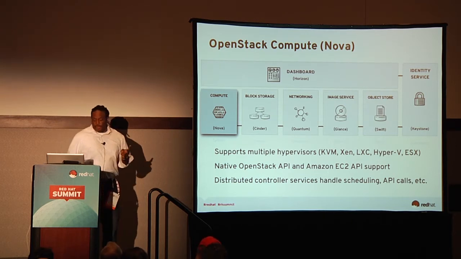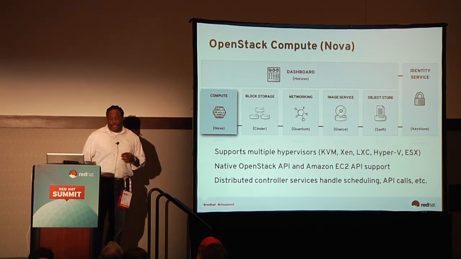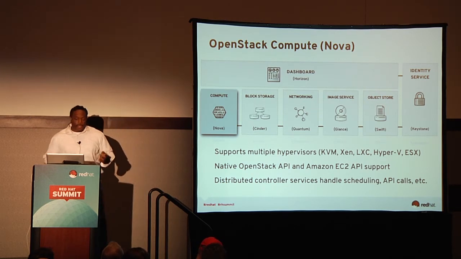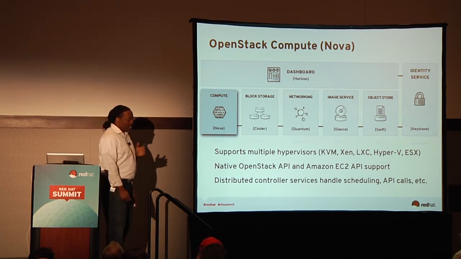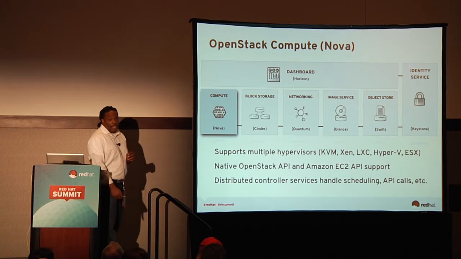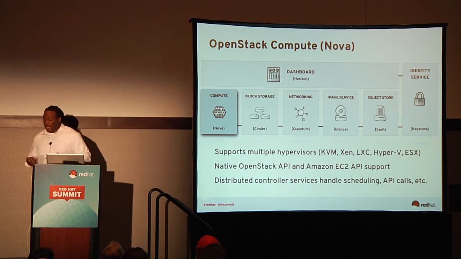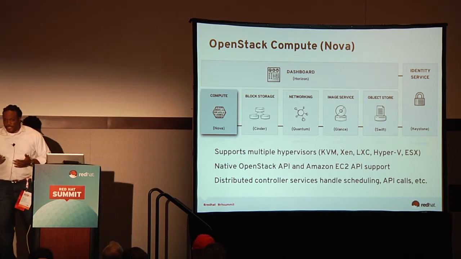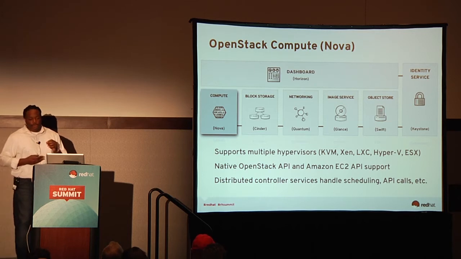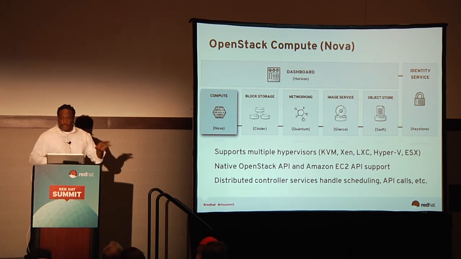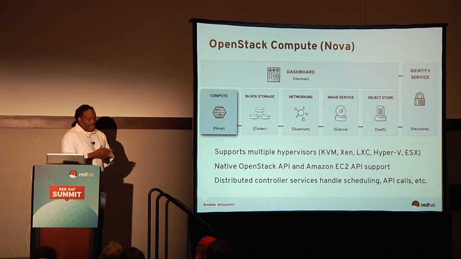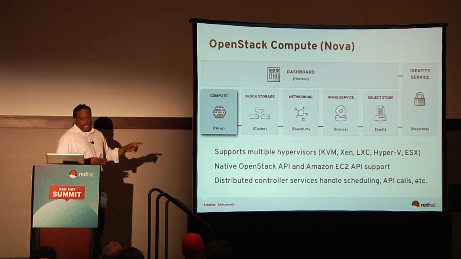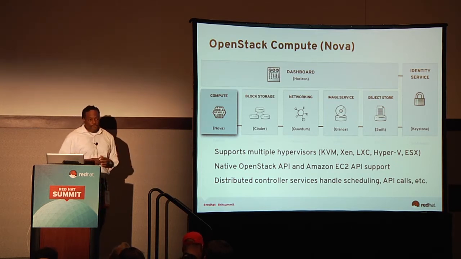Nova provides two APIs, the native OpenStack API, which is an open API, and then there's also a hook for a subset of EC2 compatibility. So if there are folks in your organization today who have DevOps tool sets that are speaking to EC2 in terms of provisioning to Amazon, you could easily point them to an in-house version of OpenStack using the EC2 API for compute.